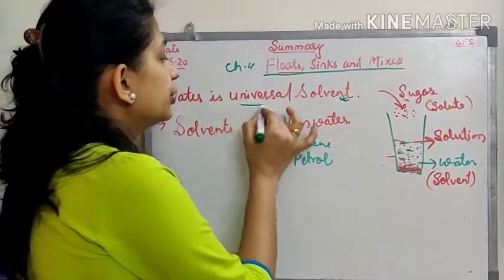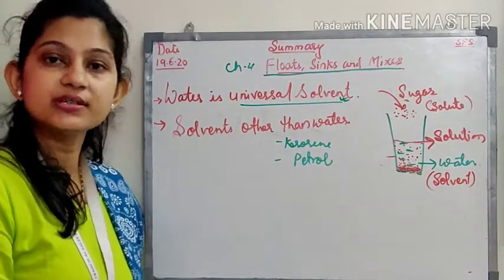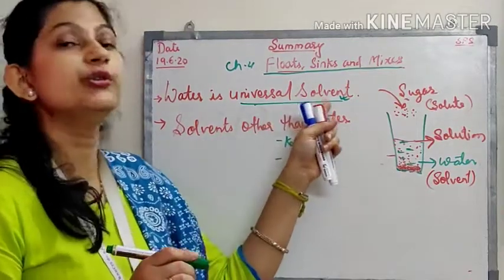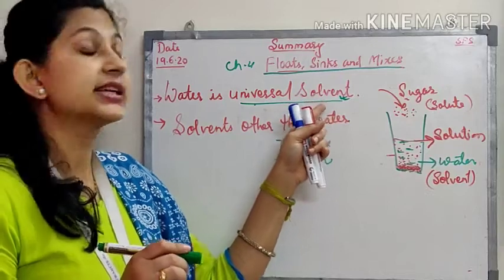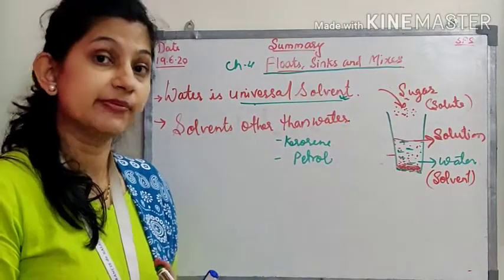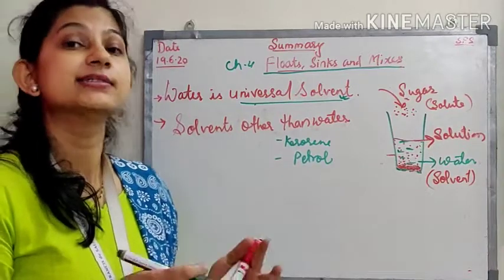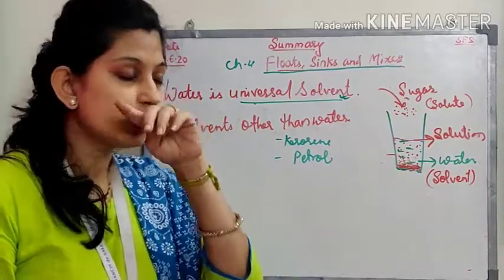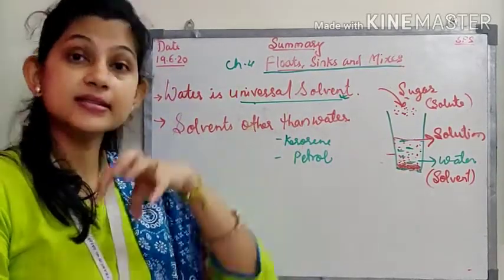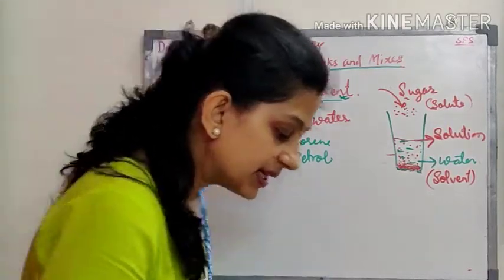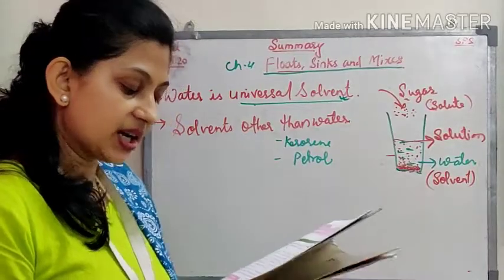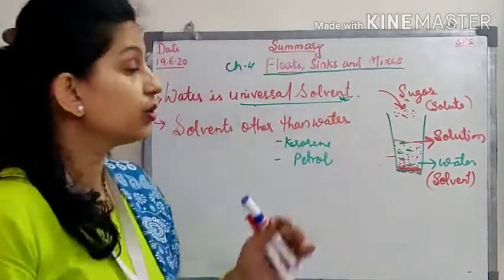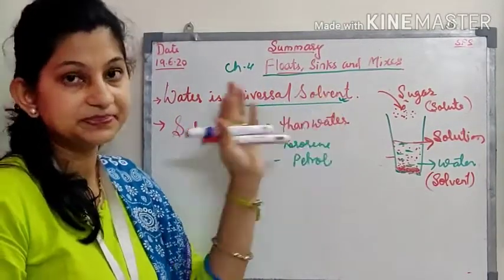Water is called the universal solvent. Why is water called the universal solvent? Because it can dissolve many things in itself. It can be salt, it can be sugar; it can dissolve solids. It can dissolve many liquids in itself, like milk, ink, and not only solids and liquids, students, it can dissolve gases in itself. You remember on page number 19, the example of a cold drink is given, carbon dioxide gas being dissolved in water. So therefore water is called the universal solvent.